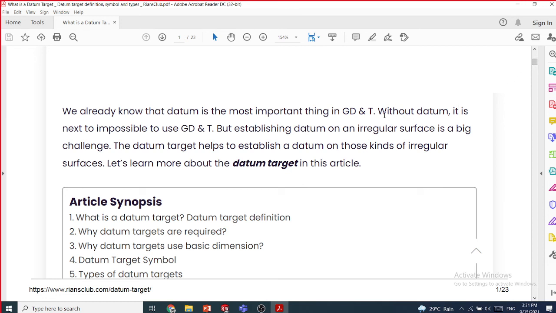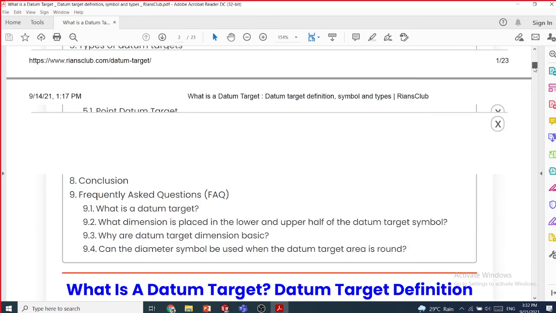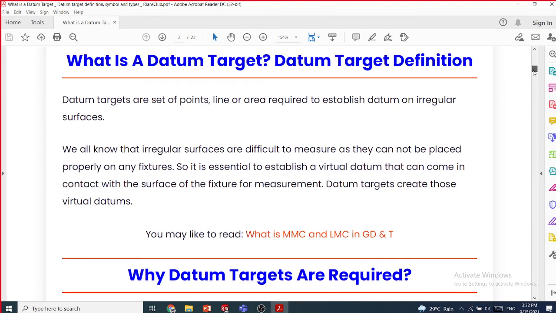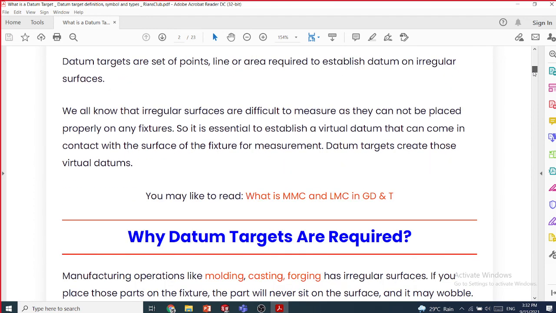This is the problem. Without a datum, it is next to impossible to use GD&T. But establishing a datum on an irregular surface is a big challenge. The datum targets help to establish a datum on those kinds of irregular surfaces. What we get is not a work piece with a finished surface. So we need to mount it in a